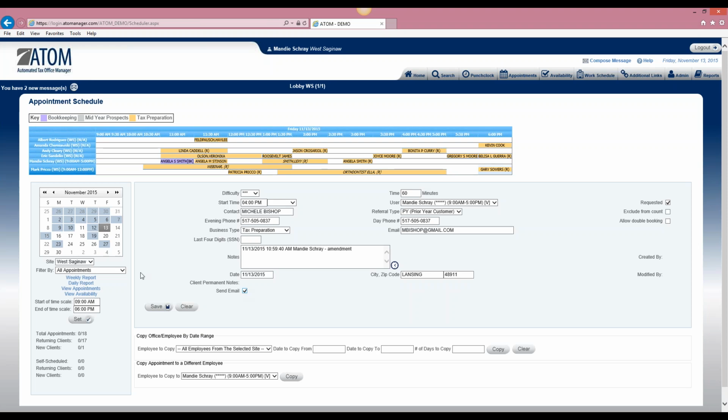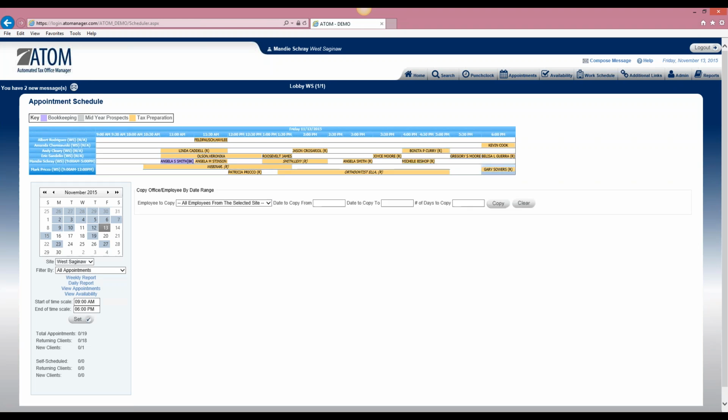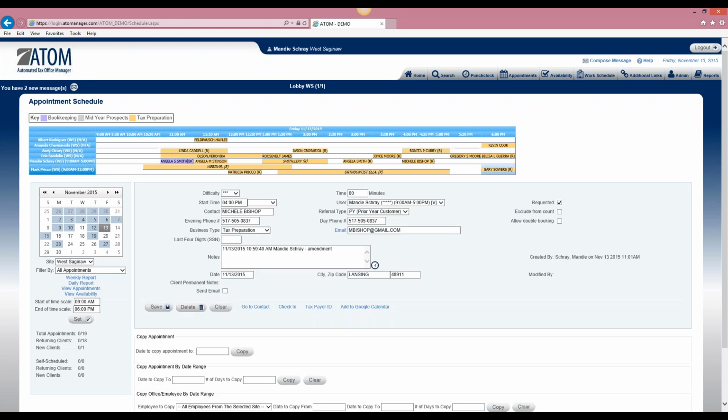So once we have all of this information correct, all we need to do is click Save, and it will put that appointment right on your appointment calendar. So you can see that it's a requested appointment at 4 o'clock. The other option that we have now with the appointments, if you click on the client's name, if you want to